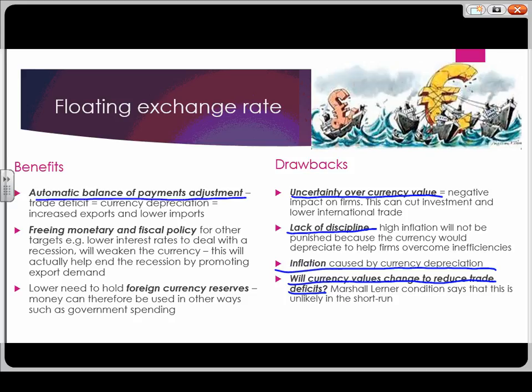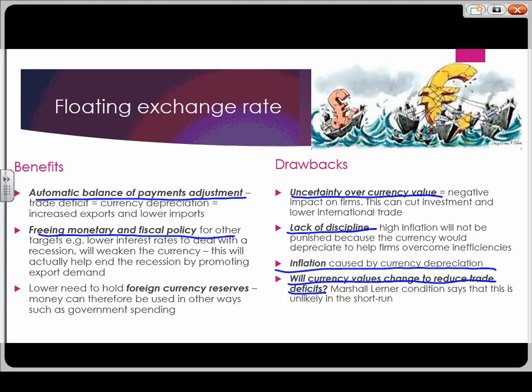But in terms of benefits, in the long run at least, a big benefit of a floating exchange rate is that it will lead to your balance of payments equalling zero. So it does create problems in your balance of payments in the short run. It also allows monetary and fiscal policy to be used for the domestic economy. Under a fixed exchange rate system, with a weaker currency, you had to raise interest rates. You've no longer got to do that. You can focus on what the domestic economy needs.